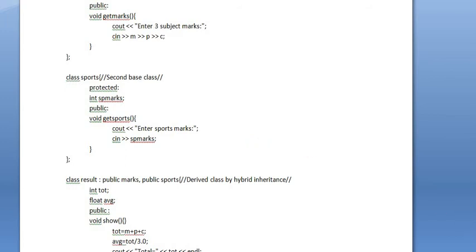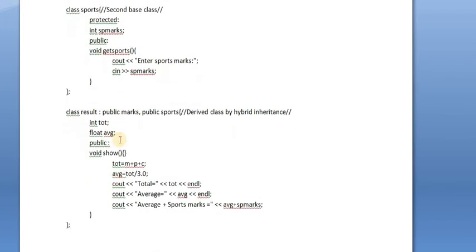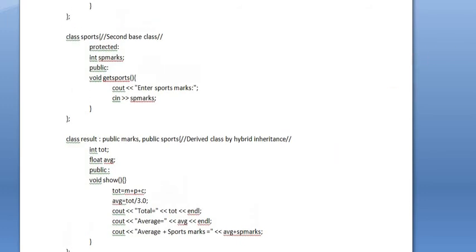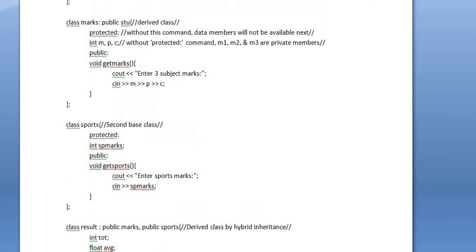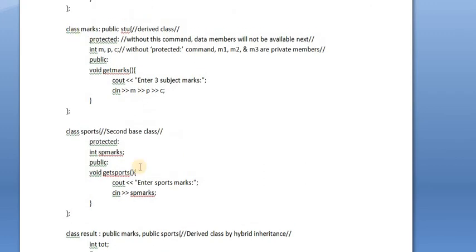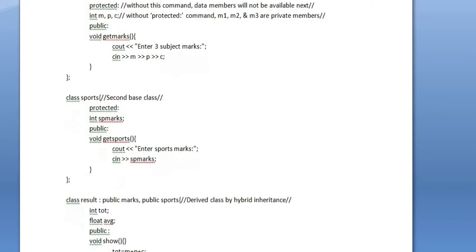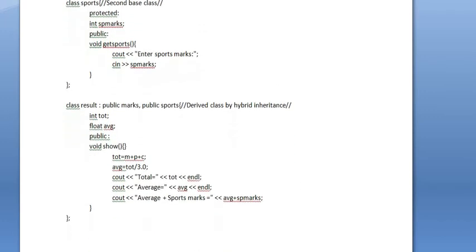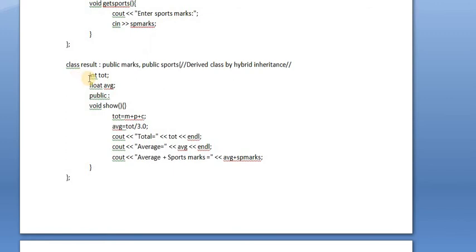Now what will happen? See here, now result is the derived class. Result is the derived class of what? Sports and marks. This class marks and class sports become the base classes for the class result.